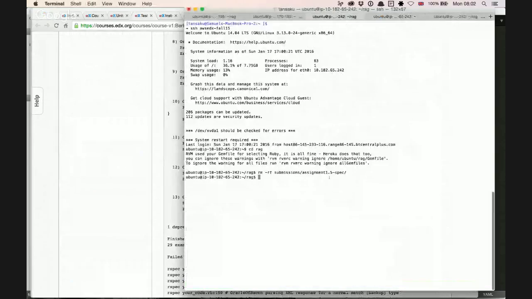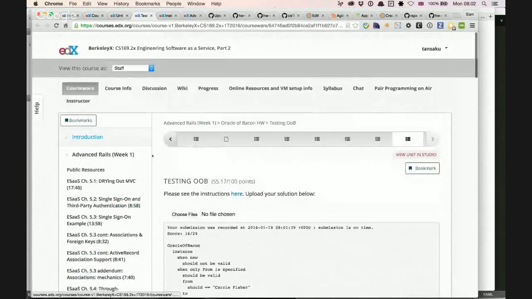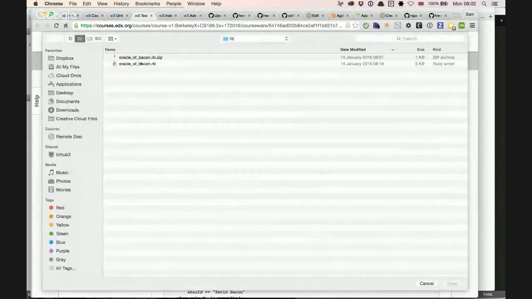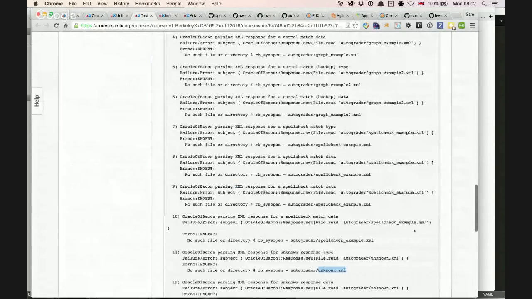So I should now be able to fix that by, well, no, first of all, I'm going to have to make an Autograder directory. And then I'm going to need to come back here. We want to copy all of the XML files into the Autograder directory like so. And then if we resubmit this assignment, then if we're very lucky,